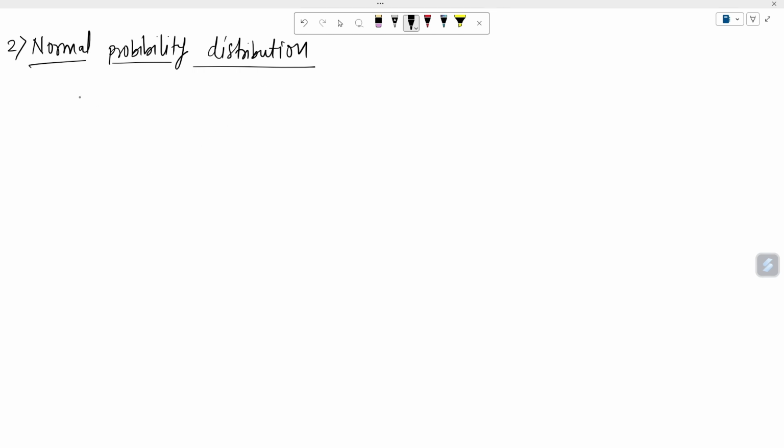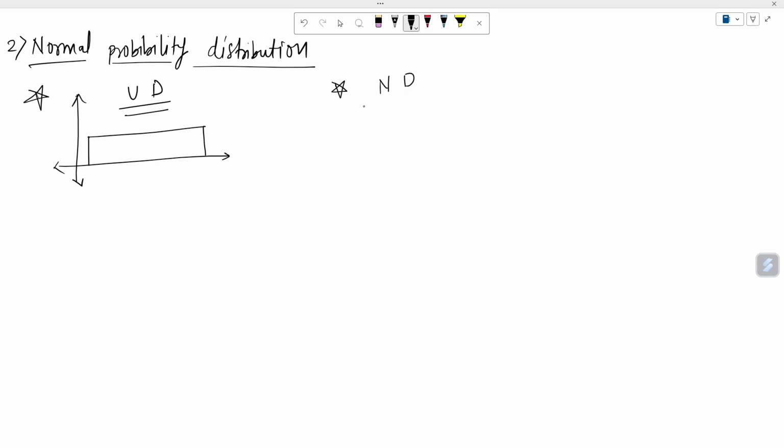So in the case of uniformly distributed probability, we used to make a rectangle on the axis. But in the case of normal distribution, we are going to visualize the probability with the help of a bell-shaped curve. Okay, this is our bell-shaped curve,